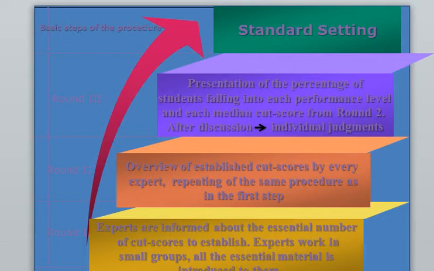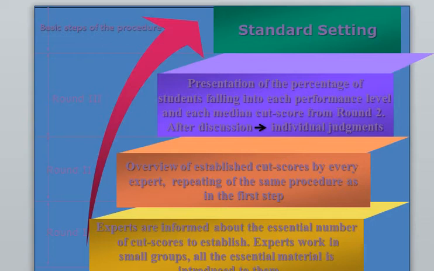Experts work in small groups. All the essential material is introduced to them for working.